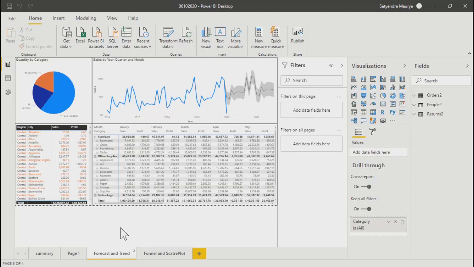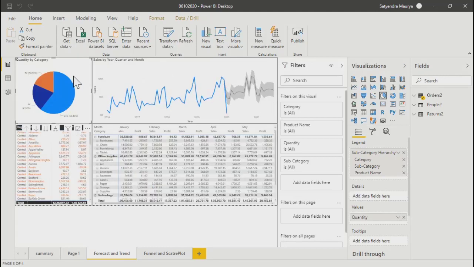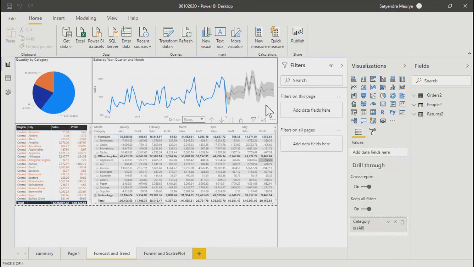What I mean is, if you select a particular slice in a chart, accordingly the rest of the data gets filtered out. That's what we used. The filters are over here, filters on this visual. On this particular visual we are using filters, but for this particular page, we don't have any filters, right?